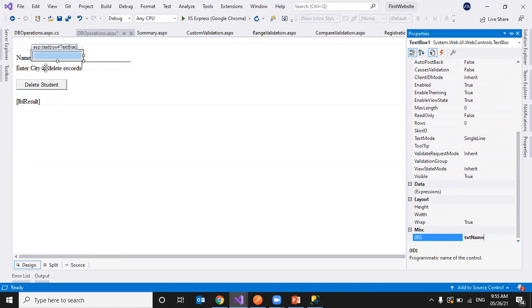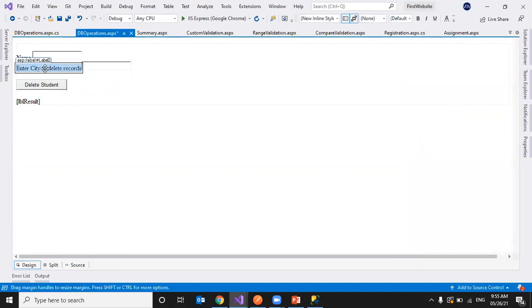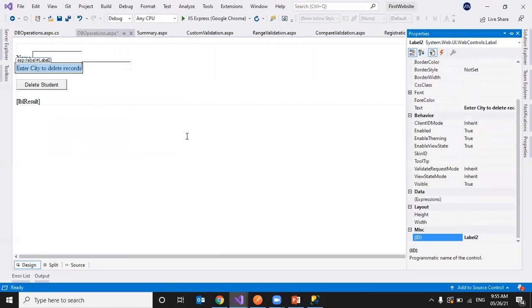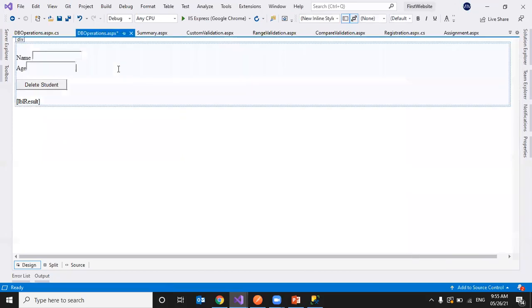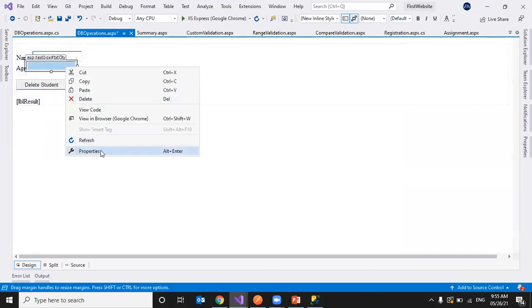Next thing, age. So I'll rename it to age. I'll rename this text box control also to age.